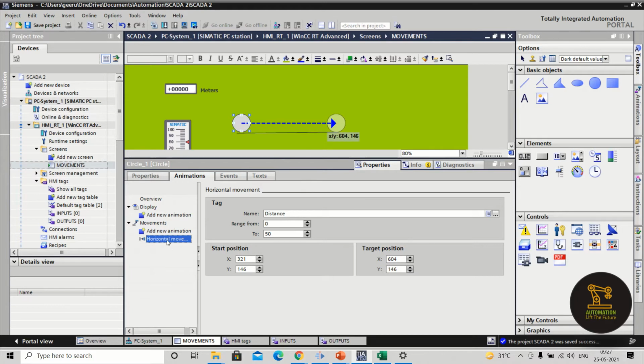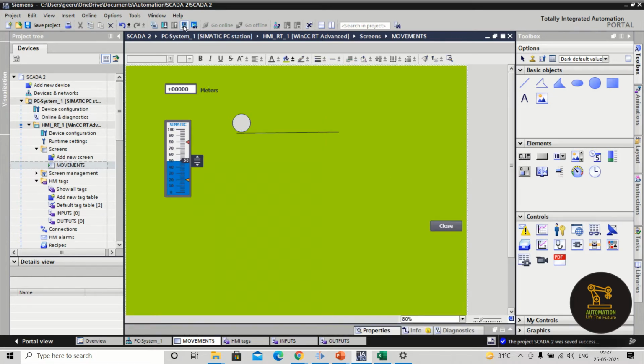So in this way you can create a horizontal movement. Select the circle or object. Now go to the movements, create horizontal movement, give the tag name and give the range of the values, start position and target position. Now go for start simulation.